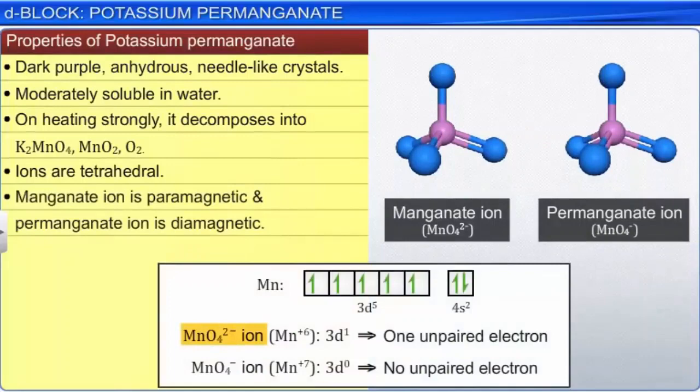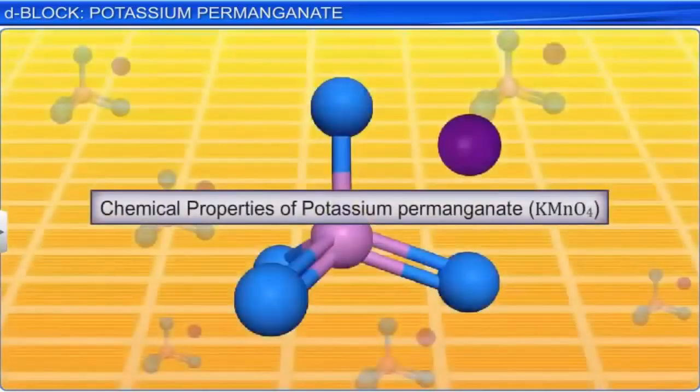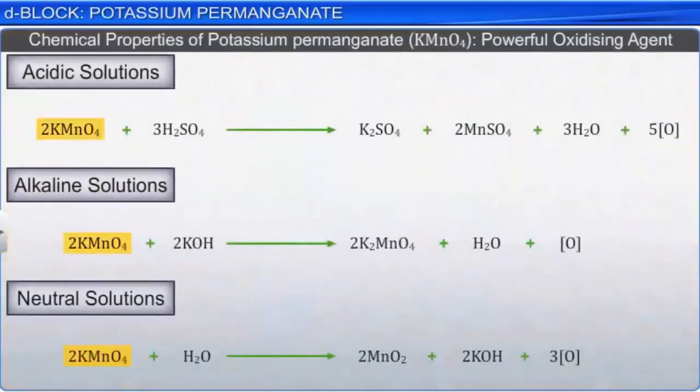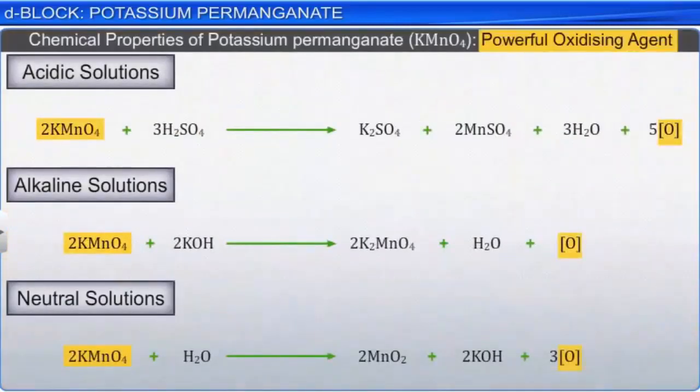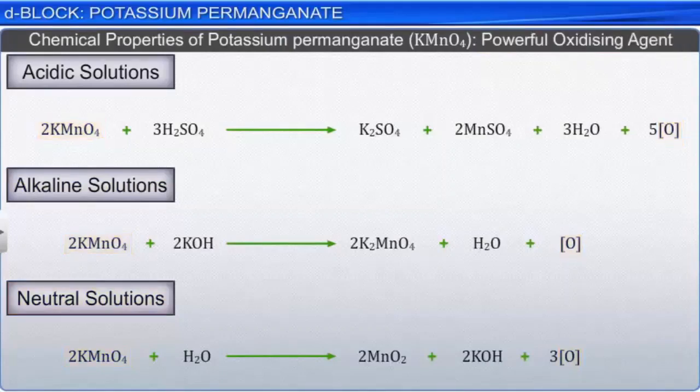Let's now look at the chemical properties of this compound. Potassium permanganate acts as a powerful oxidizing agent in acidic, alkaline, and neutral solutions. The effective equations in each of these media are given here. Let us see some important oxidizing reactions of this compound in each of these media. In an acidic medium, it oxidizes sulfides or hydrogen sulfide to sulfur, sulfur dioxide to sulfuric acid,